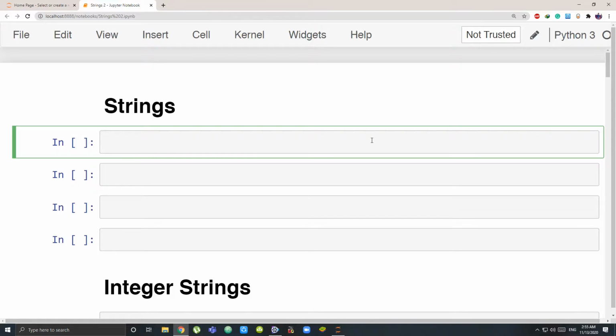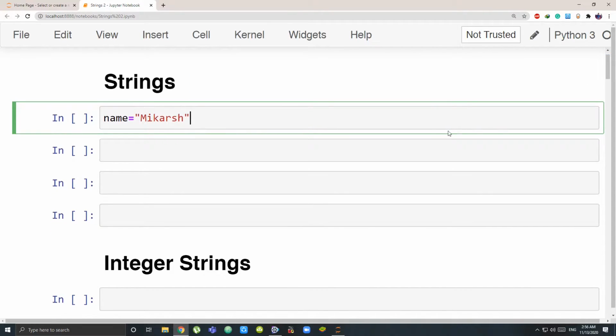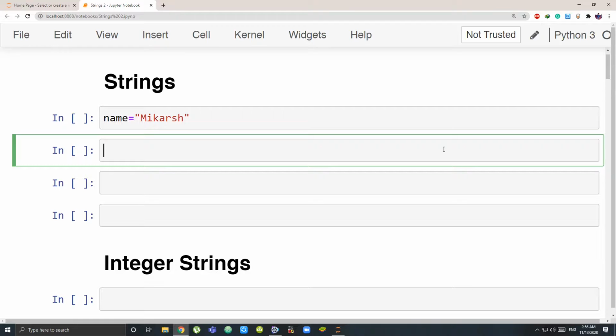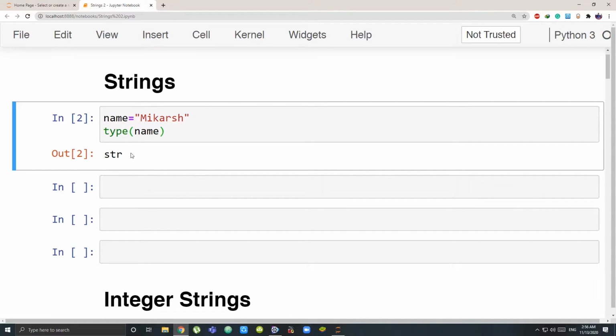Now that you know you store text, words, sentences, all those things that you don't want to perform any kind of operation as strings. So let me take one. Name. Name is something that I don't want to perform any operation. I don't want to add my name to somebody else or divide my name. So I'm storing name as strings. Now you have to store strings inside quotes. So I prefer using double quotes. You can use any of the quotes of your wish. Now I've stored name. Let me just show you what is the type of my variable name. It is str. Str is the short form of the type string.